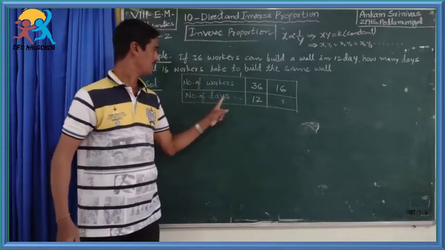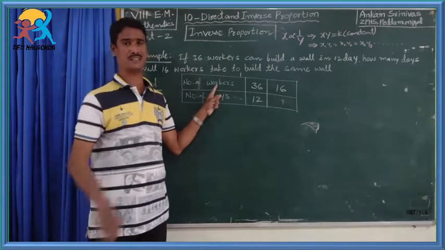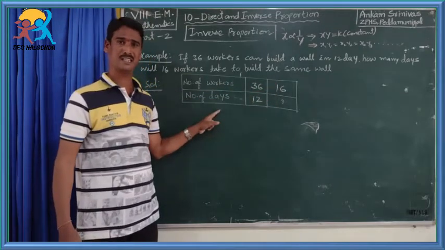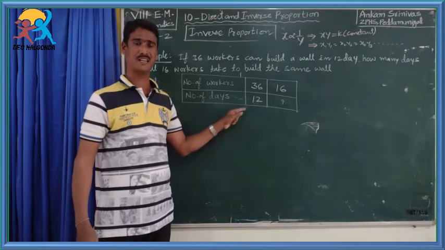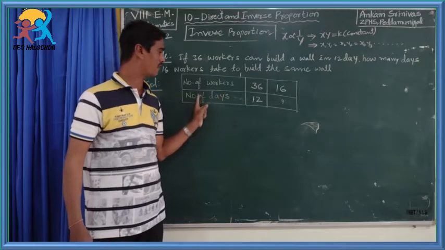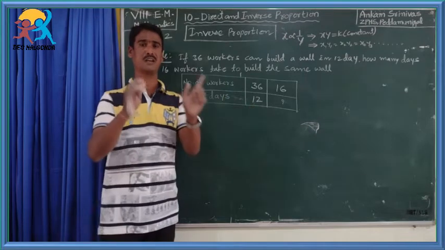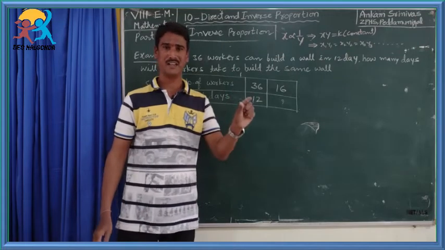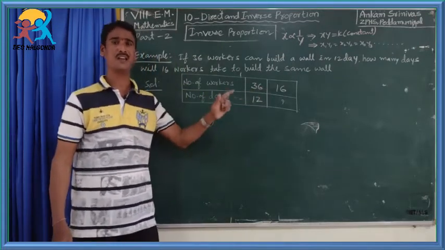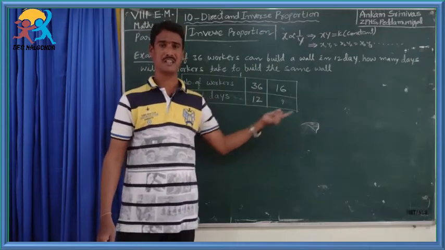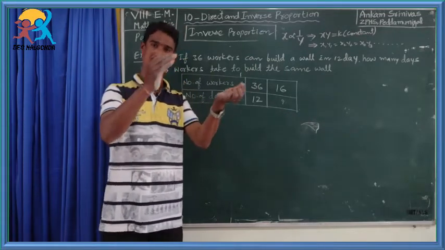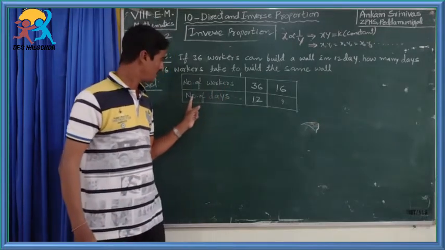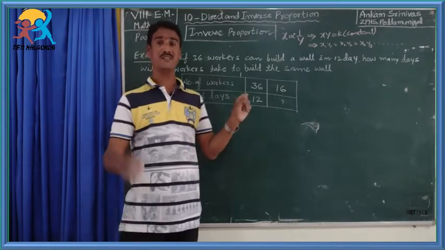Number of days. So dear children, to complete a particular work, if more workers work, it will take fewer days. If the number of workers is decreased, then the number of days will be increased. Suppose to complete a particular work, 5 workers are working, they will take 20 days. If more than 5 workers work, that means 20 workers or 30 workers, the number of days will be less. So the number of workers and the number of days to complete the work are inversely proportional.